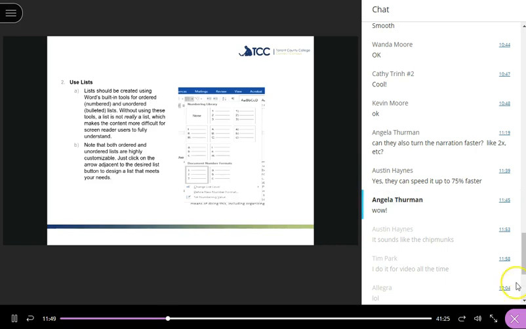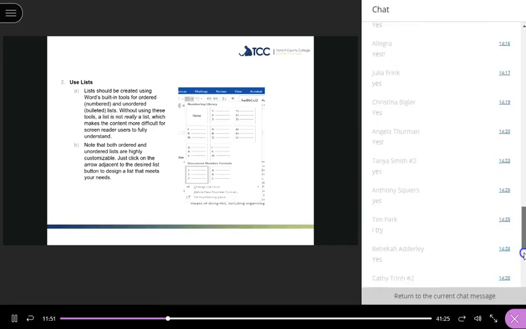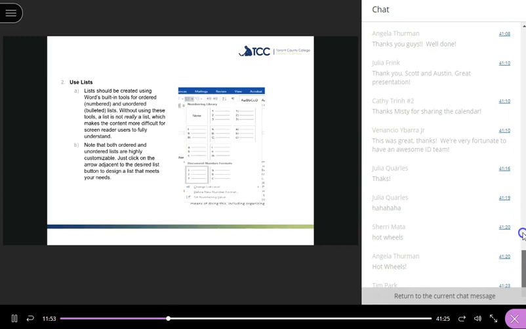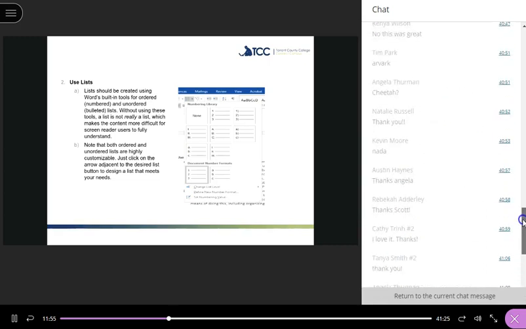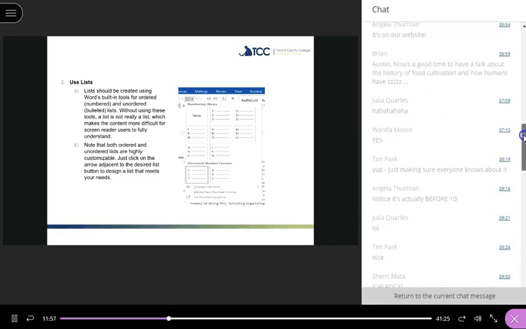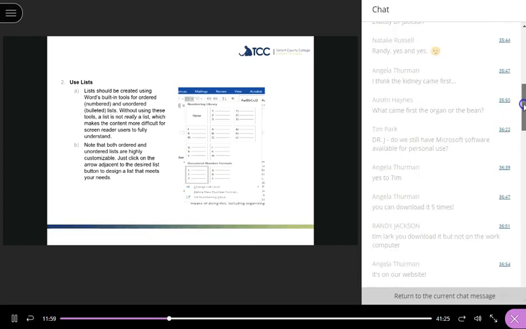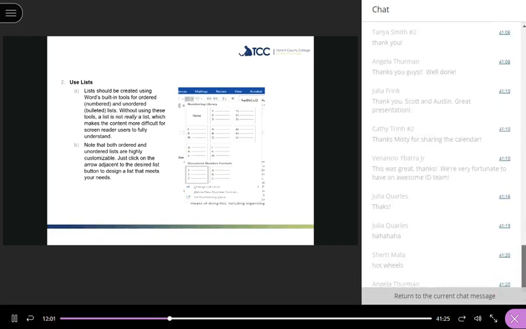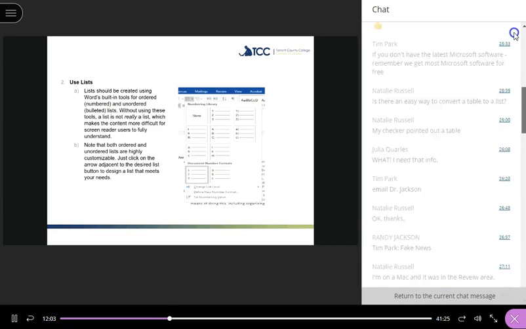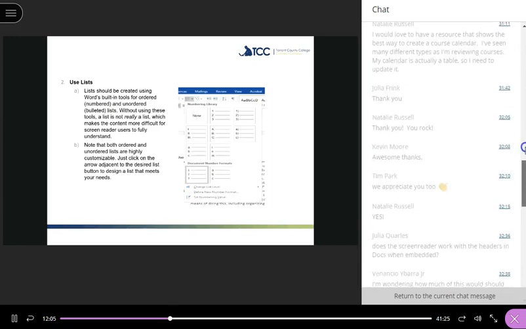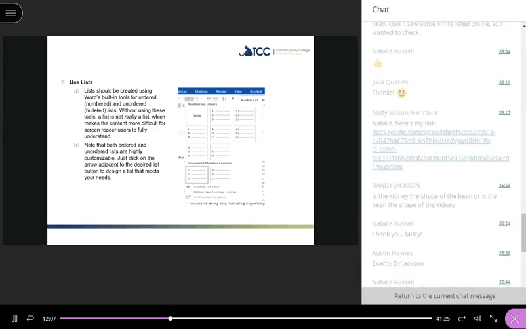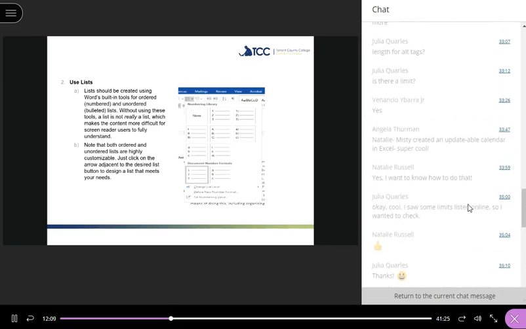So I'm going to go ahead and move on. Another thing that really helps with formatting is using lists, and they should be created using the tool. Here's a screenshot of it up at the top, where you have a drop down that gives you different lists and even different list levels, which is amazing.